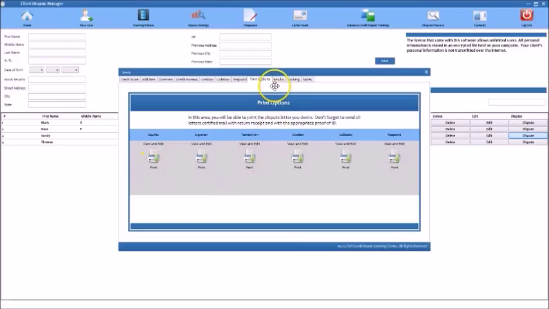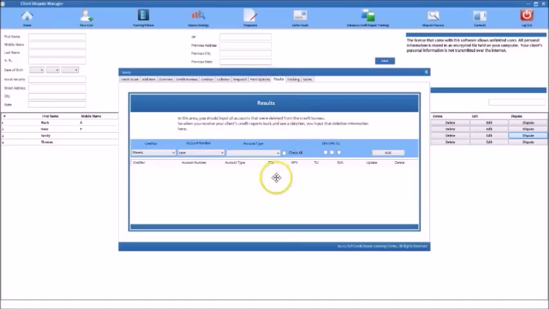All right. Your results section is when you get updated credit reports back from the credit bureau, and it determines whether your accounts have been deleted or not, and this is where you update everything. So for example, if this account came back deleted, you would basically go over here and pick the account type, okay, check which credit bureau it was on and hit add, and then it will automatically be deleted from the